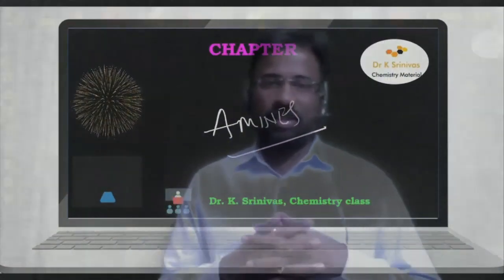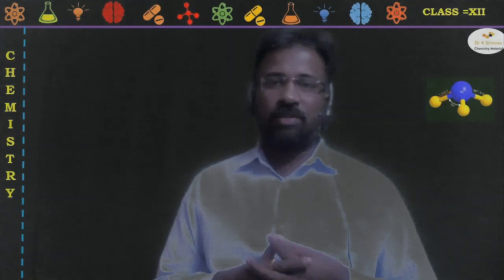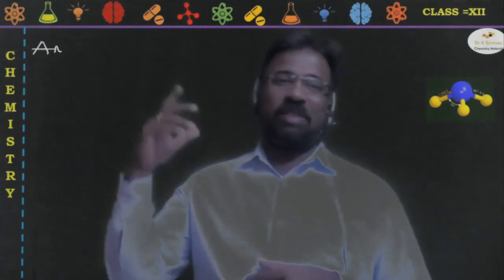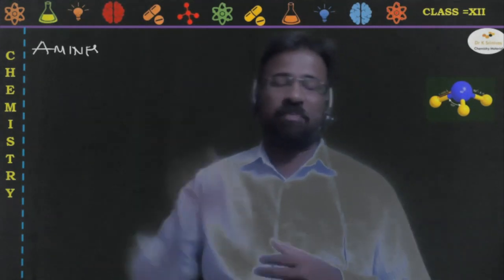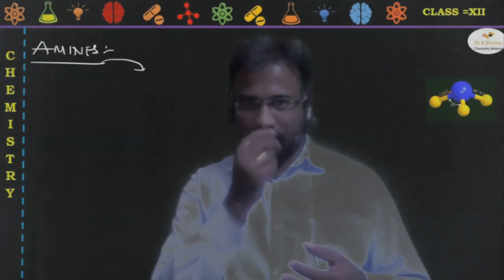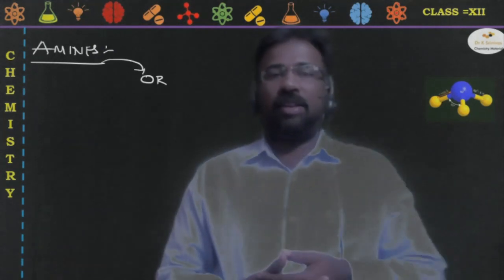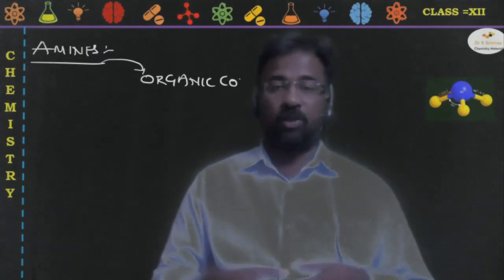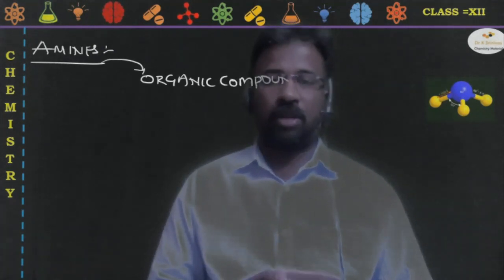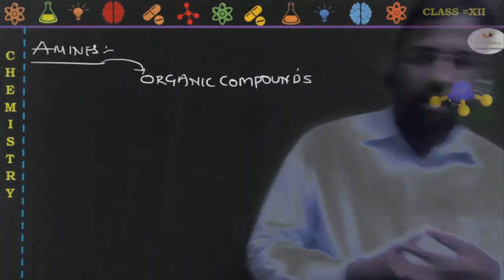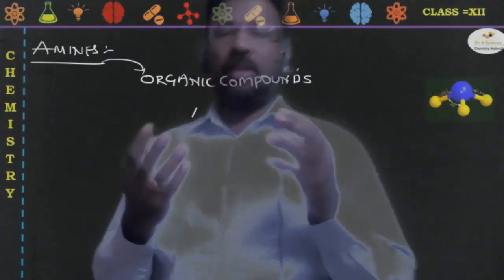Now, we are going to discuss amines, which is one of my favorite chapters, of course. So, please check this title: amines. What are amines? You are very much familiar with this term actually. These are the basic constituents of organic compounds, usually seen in biologically active compounds or biological systems. What exactly are these? Let us check this one.